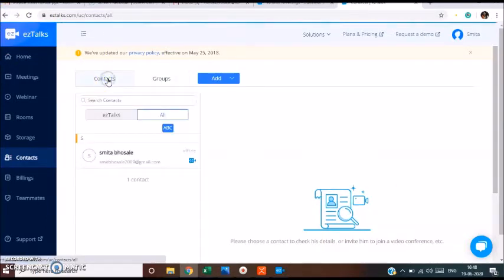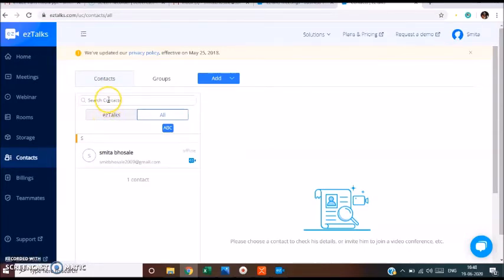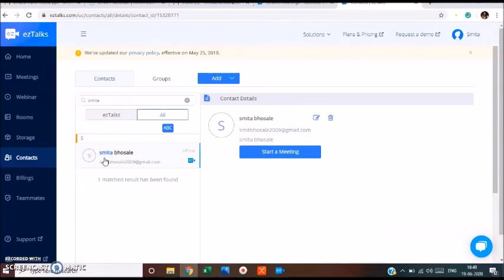Here is the option of contacts. You can search contacts. So this is the contact details. If I need to start the meeting, I can very well start a meeting at this point. If you want to edit the contact, you can edit the contact. If you wish to delete the contact, you can also do that. Going back,